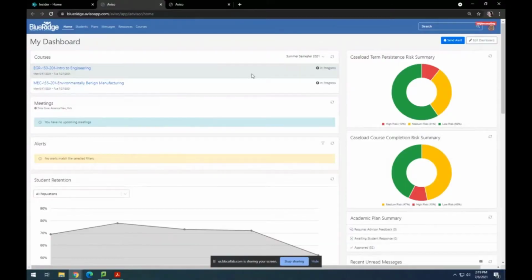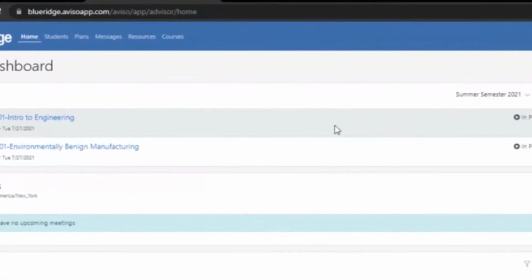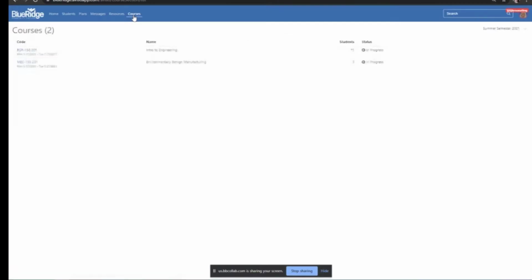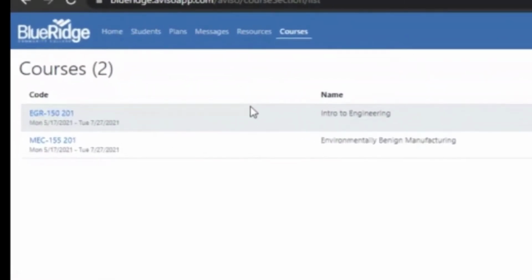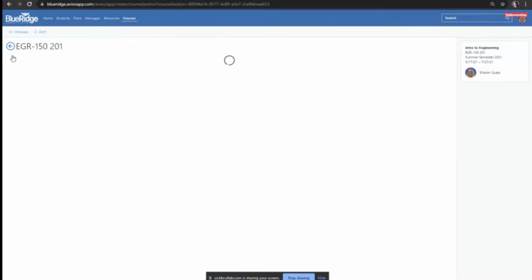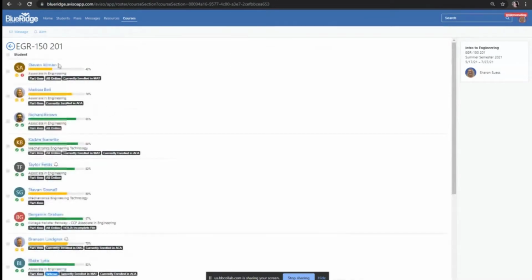So bare bones, what are you going to need to do as faculty to file an academic early alert on a student? So simply looking at your dashboard, you're going to see several tabs at the top. You're going to go to the Courses tab. From the Courses tab, you're going to be able to see your entire list of classes that you're teaching that semester. From that list, if you click on the link associated with the course, that course roster will load, and you're going to see all the students within your section.